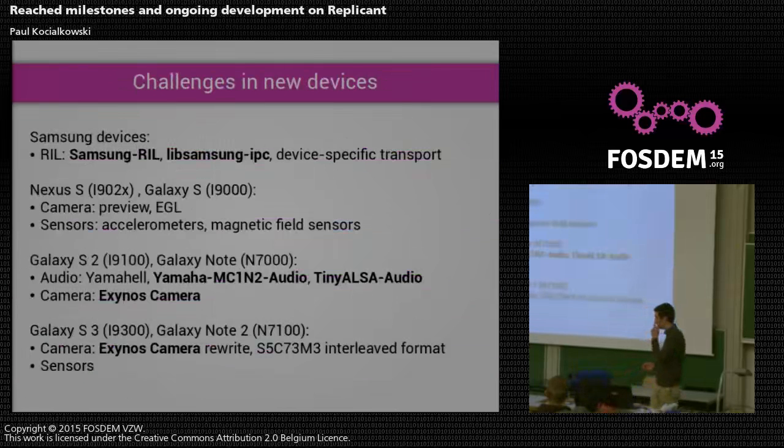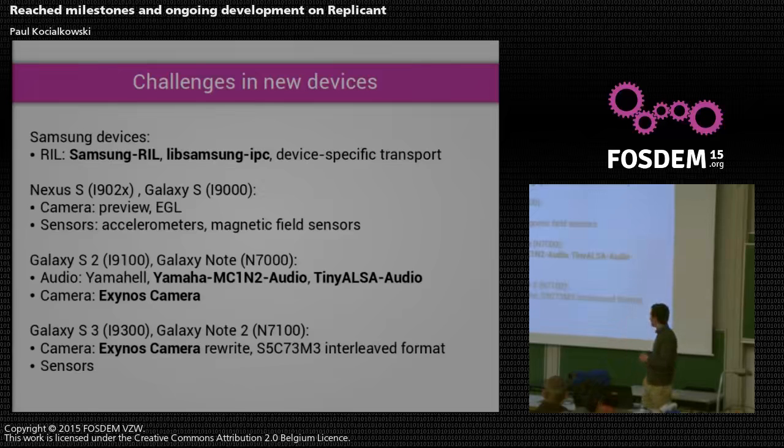And each time we want to add support for a new device, it's a big challenge because devices are essentially very different one from the other. But thankfully, we find similarities, especially so on the radio interface layer, as I said, we have Samsung-RIL, which communicates with the Android framework, and that part is common to all devices. It's written in a generic way, and actually last summer I've completed a total rewrite of it from scratch because the old code was not that good. So I rewrote that, and it's really generic, and it works well on all 11 or 12 devices.